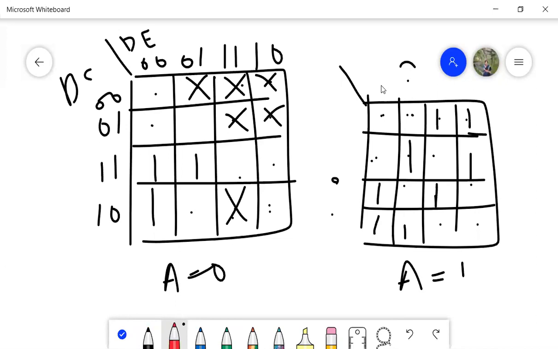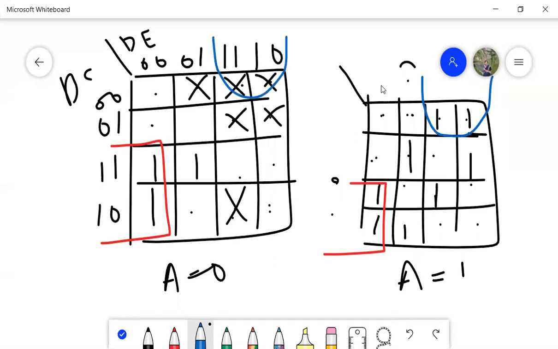What did I tell you to simplify? First we'll see what is common in both. Can we take anything which is common in both? Now my solutions may not match with whatever you're taking. Okay, so I am taking this quad over here. This is my first one. Then the second one I want to take is this quad over here, because it is going with the don't care.